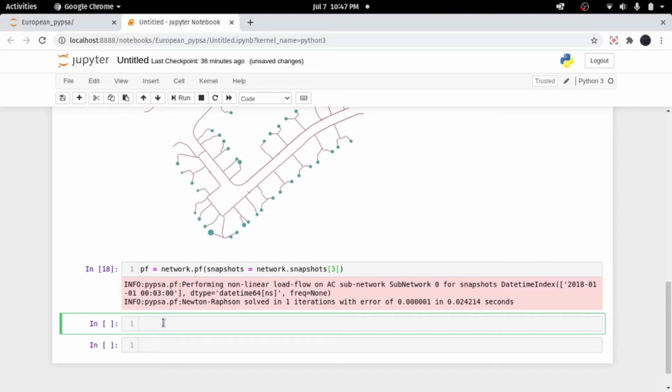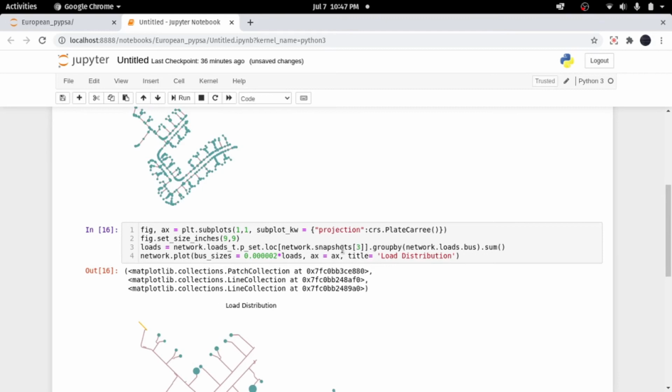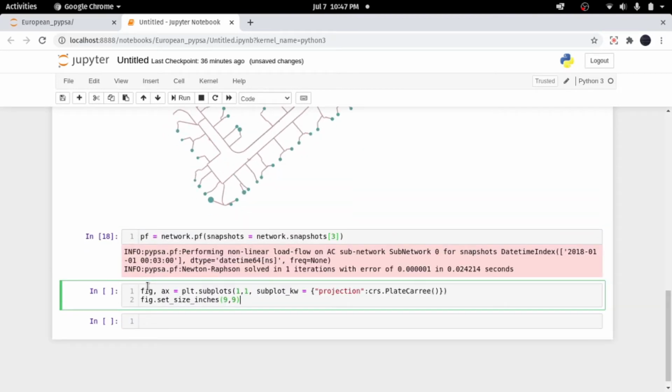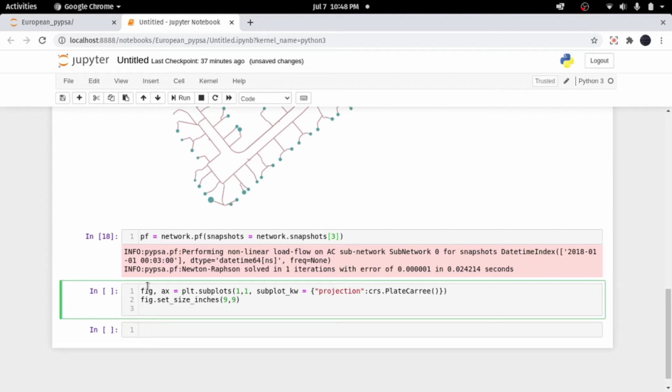Now I want to plot the voltage levels. So for voltage level, I'll do the same thing from here, same thing from here up to this, initializing the figure. The voltage would be different in different buses, so I have to specify all the buses, and there are lots of different methods to do this, but I prefer doing a hexbin plot. So in hexbin plot, first let's plot the network